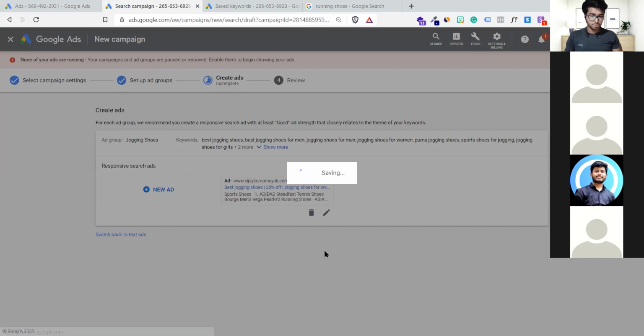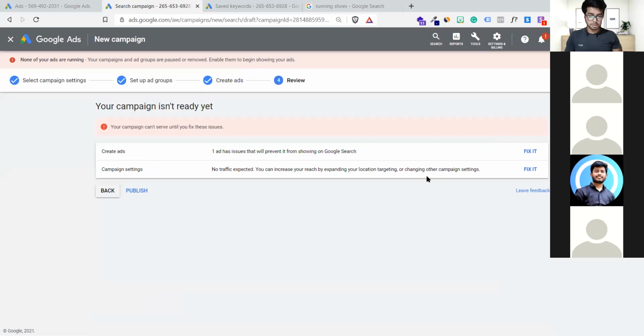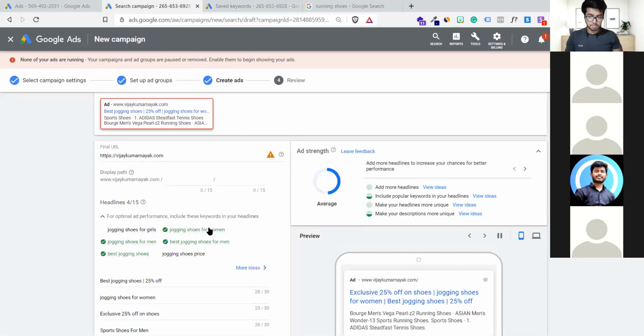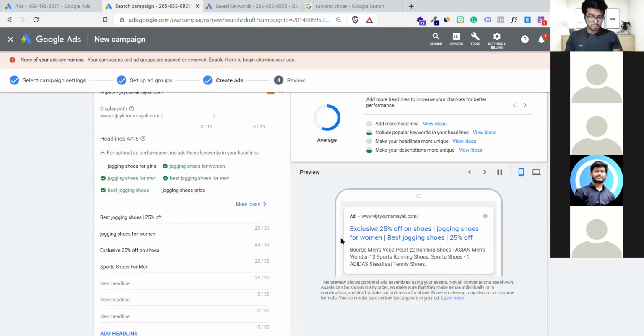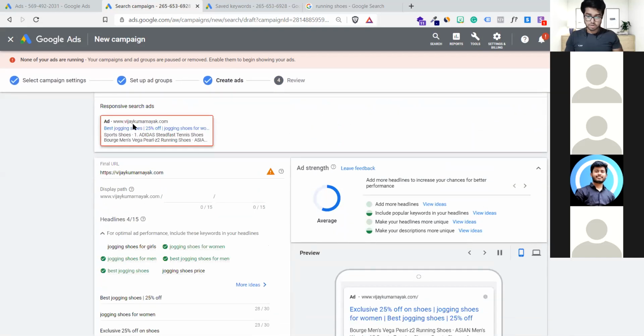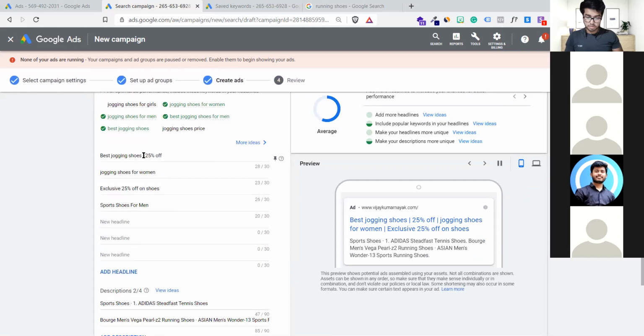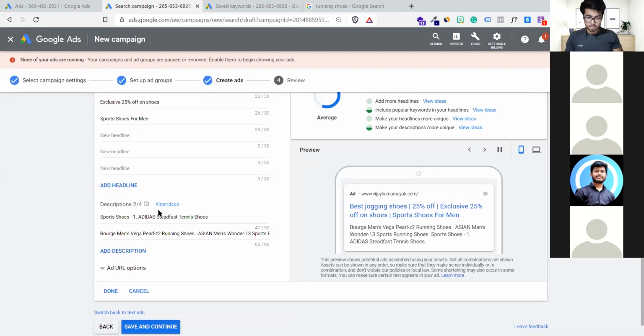Save and continue. Checking campaign. Ad has an issue, will prevent showing ad. Okay, one more time. All right, description second line.